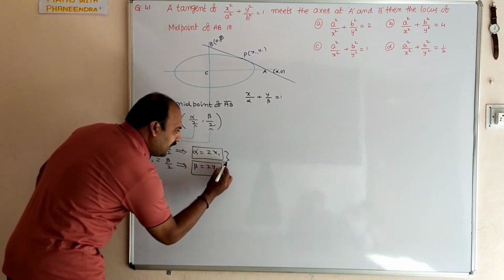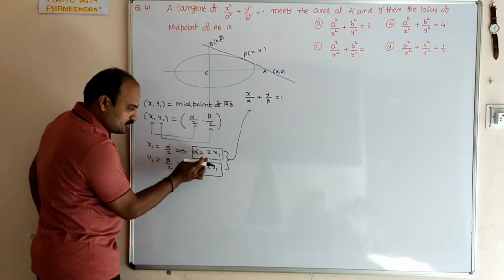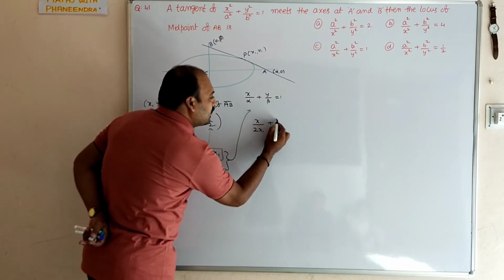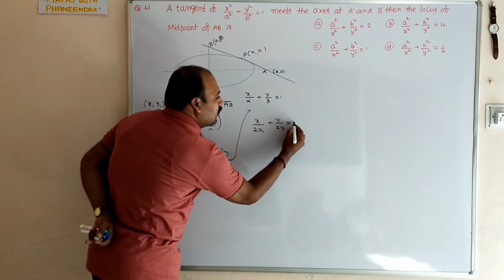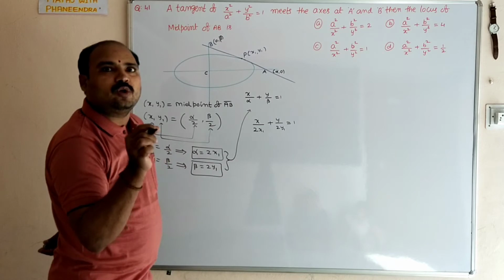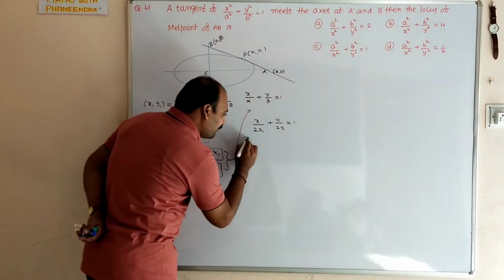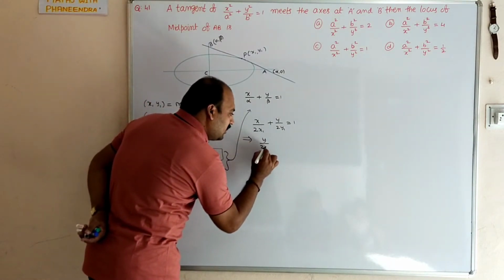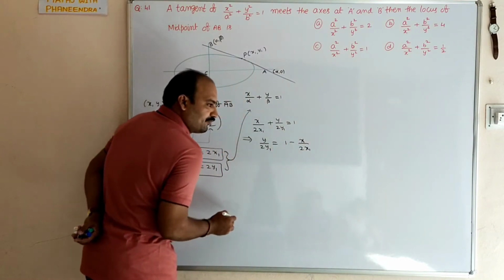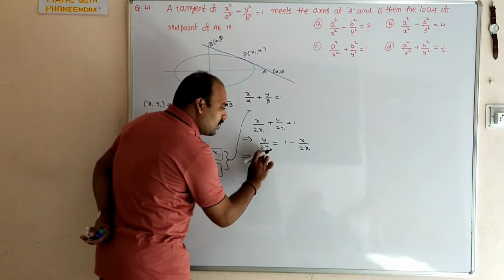These alpha comma beta values substitute in this equation. In place of alpha and beta, substitute 2x1 and 2y1. Therefore, it will become x by 2x1 plus y by 2y1 is equal to 1. This equation we are going to make in the form of y is equal to mx plus c. Why? Because tangent condition, they are asking locus of this midpoint. So, y by 2y1 is equal to 1 minus x by 2x1. Now I want to keep this equation in the form of y is equal to mx plus c. So 2y1 I am taking to the other side.